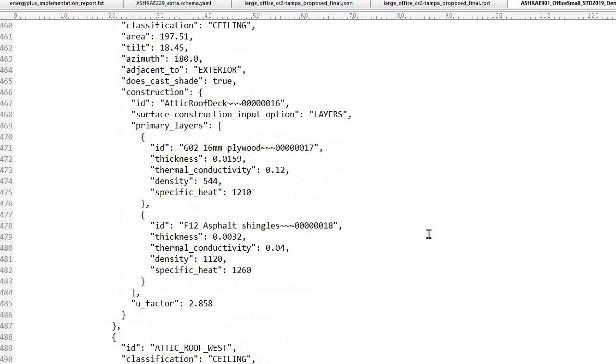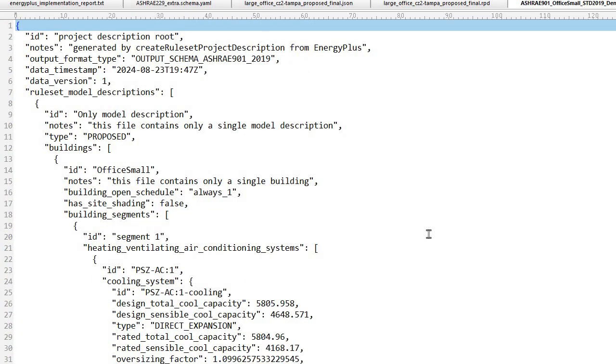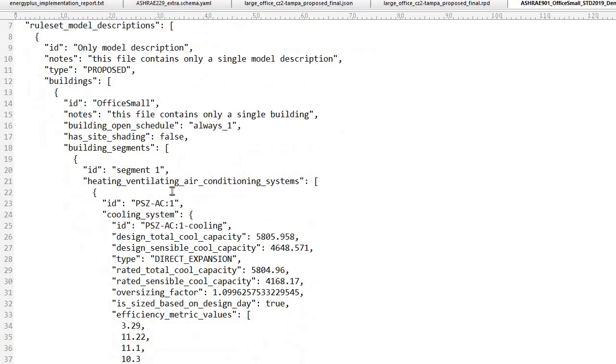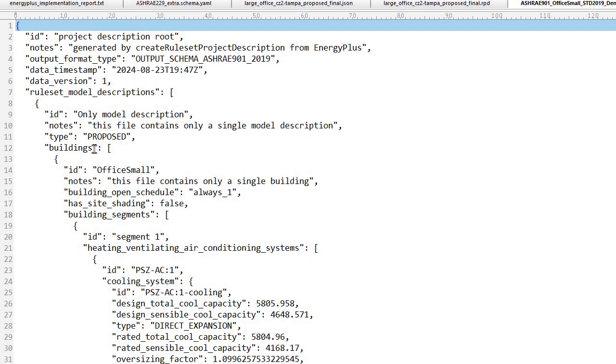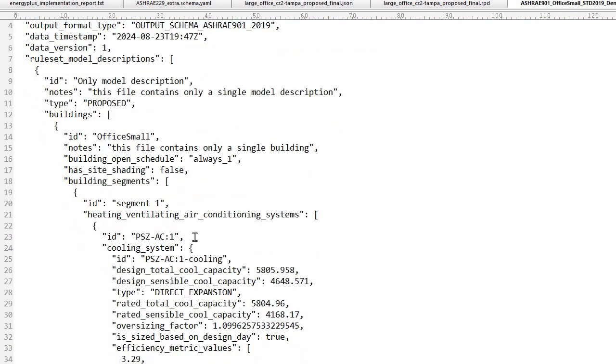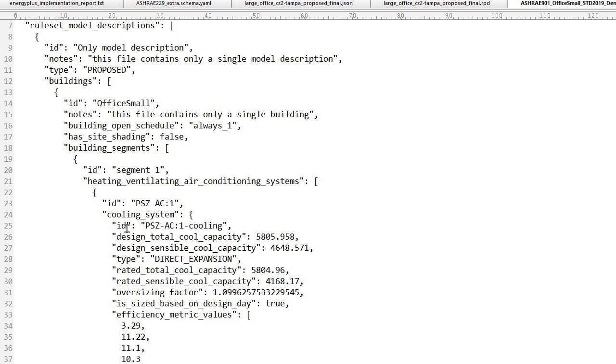So let me scroll up to the top here. So this is the top of the file, and you can see it's got a lot of nesting. Everything is a key value pair. Each value has site shading as false here. It starts with rule set model descriptions and buildings, building segment, and then under each building segment it's HVAC systems, and